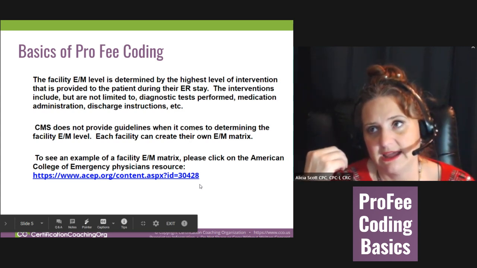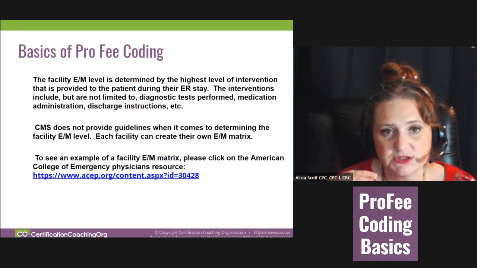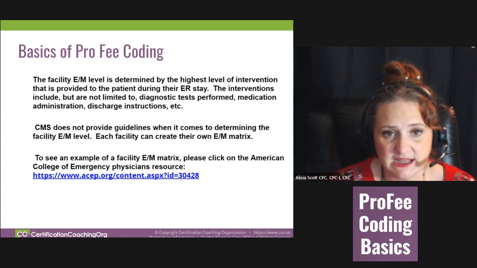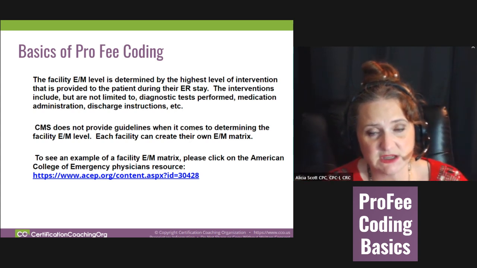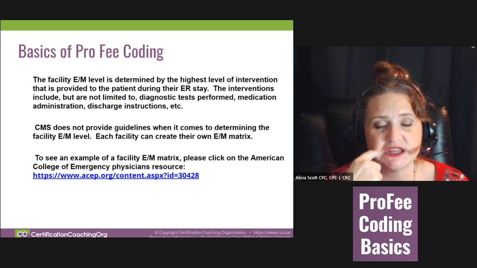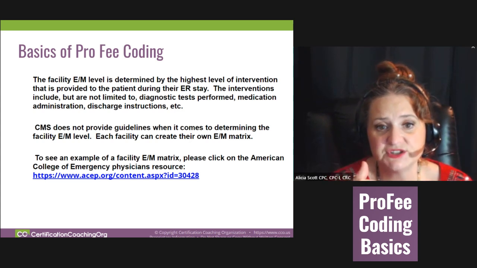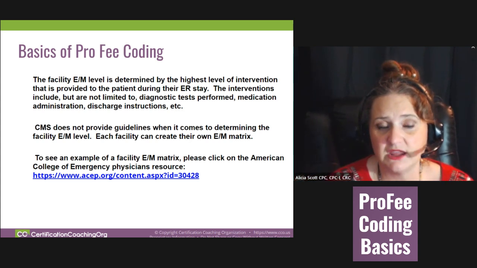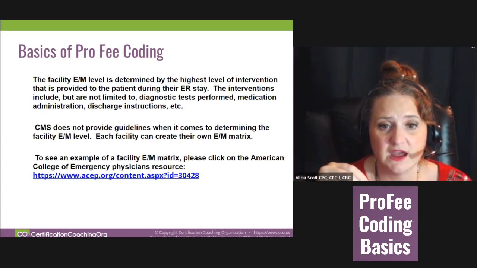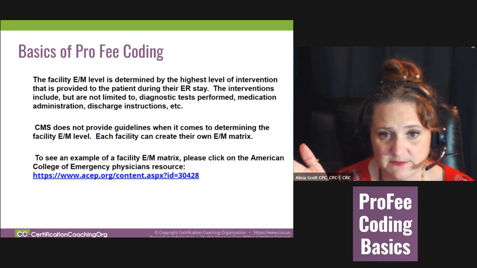Now, again, there's a lot to do with ProFee coding, but a large component of it is the E&M. I want you to be mindful of some other things, especially if you're a student and you're doing your education, that it can be based on interventions during, like, an ER stay. Because ER E&Ms are a little bit different than the E&Ms that you use for, say, the podiatrist or the ENT.